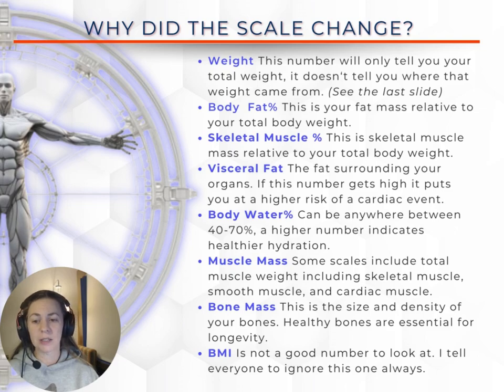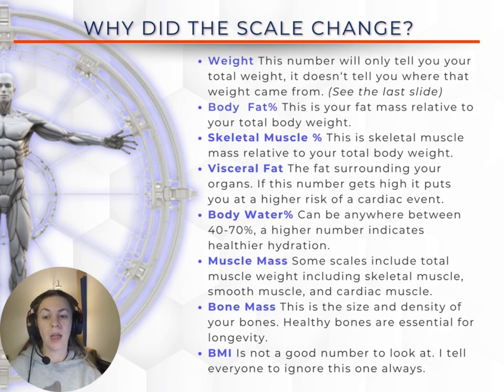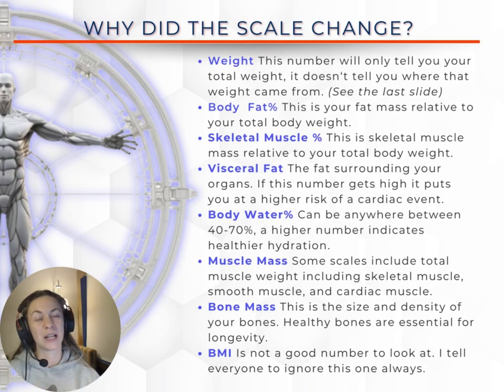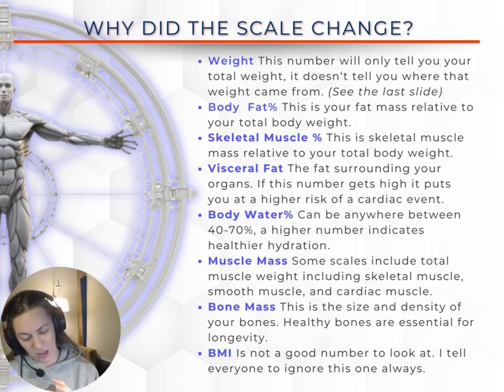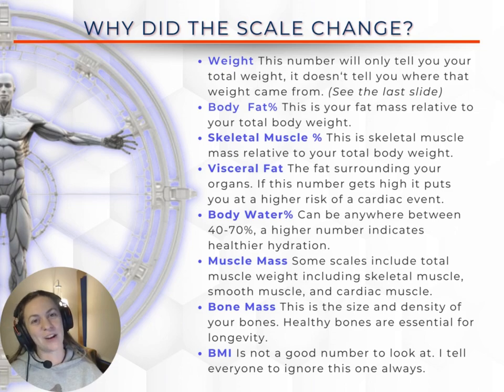Last couple things on here is muscle mass and bone mass. So some scales will include total muscle mass, which includes your smooth muscle tissue and your cardiac tissue. And then we also want to have a high bone density. That's very important for preventing things like osteoporosis, helps improve longevity, and protects you against falls as you age. Now, most of us are not at the, oh no, I'm going to fall age, because most of my clients are internet savvy people who are not 70 plus years old, but that is something that's going to be a concern one day. And the more we can start protecting our bones now, the happier and healthier you will be